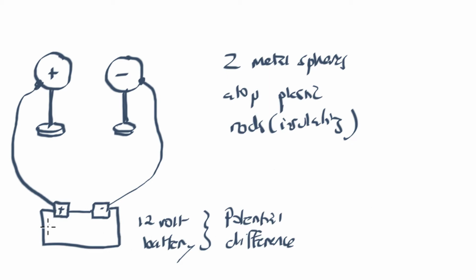So let's suppose that this is at plus 6 volts and this is at minus 6 volts. I'm just using an example, plus 6 and minus 6. When this sphere right here gets to a voltage of plus 6 volts, then there's equilibrium on this left half of the circuit, and no more positive charge will flow onto the sphere. And likewise, when the right sphere gets to negative 6 volts, because there's enough negative electricity built up on it, then there will be equilibrium established on the right side of the circuit, and so there will be no more electrical charge flowing onto the left sphere.